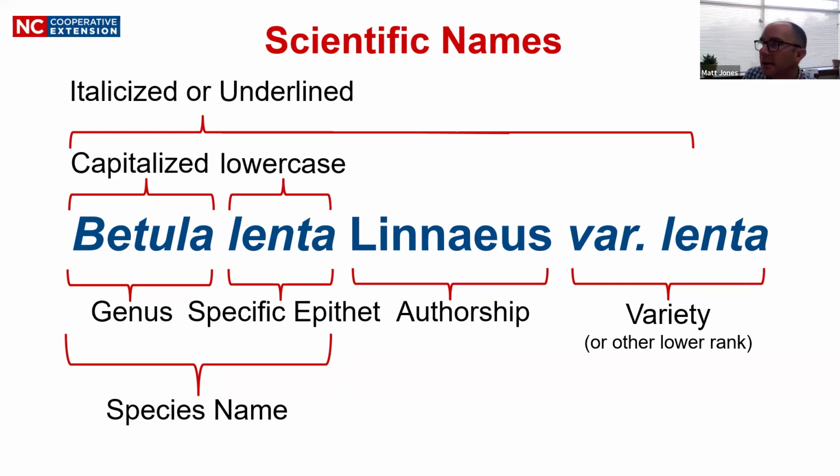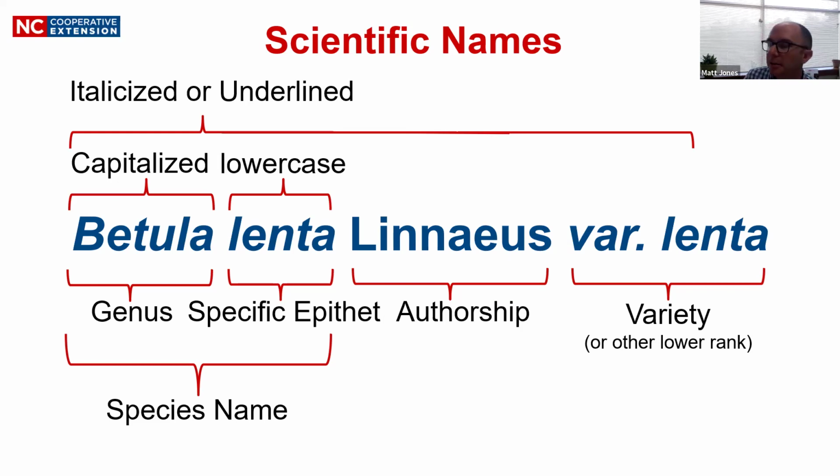You might see there was a botanist named Michaux who named a lot of plants in North America in the 18th, 19th century. And so his name is often abbreviated MICH or MICHX or something like that. But anyway, in a most formal sense, you might see the authorship name after the species name. But in many cases, you do not need to add that unless you're talking about a taxonomic or maybe other